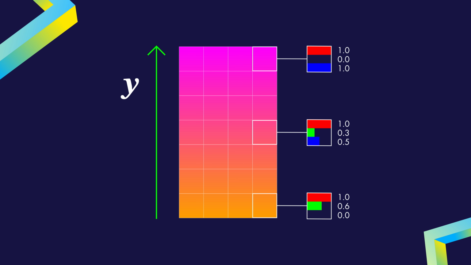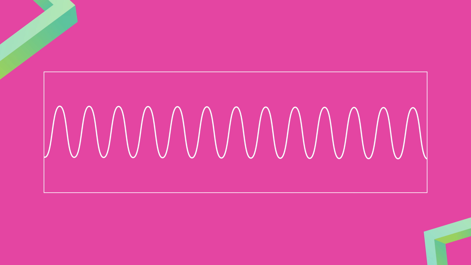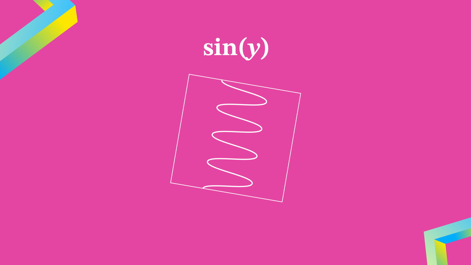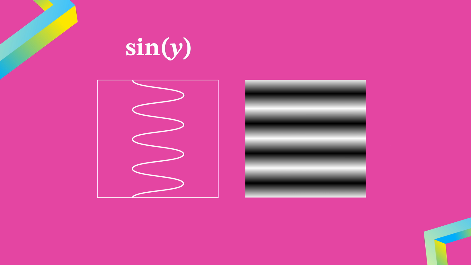The lines. To create a pattern of alternating, let's say, black and white lines, we can draw on a concept similar to the gradient. We want once again to use the vertical position to decide on a pixel's color. The main difference is that this time we want to create a repeating pattern. One effective way to achieve regular repetition in mathematics is by using oscillatory functions, such as the sine function. The sine function naturally oscillates between two values. We'll use it applied to the vertical axis to create a wave-like pattern.